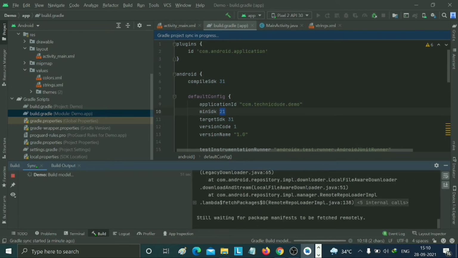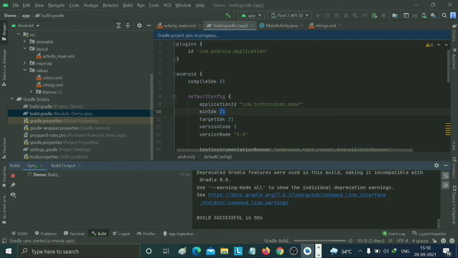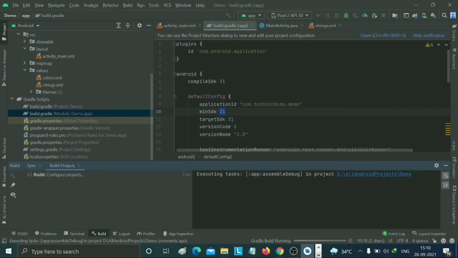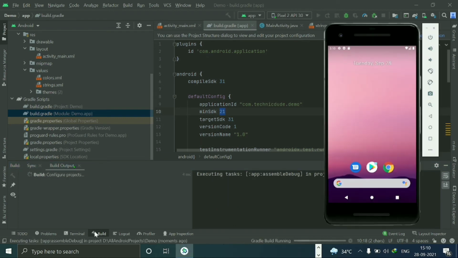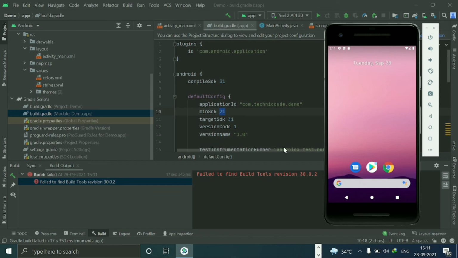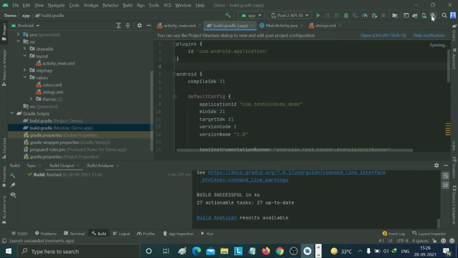Our emulator is open now, and if everything is good, then this project is working and running. So just click on the run button. You can run your application on your real device also, but I run it on our emulator. You can check this, the error is showing again: failed to find build version.